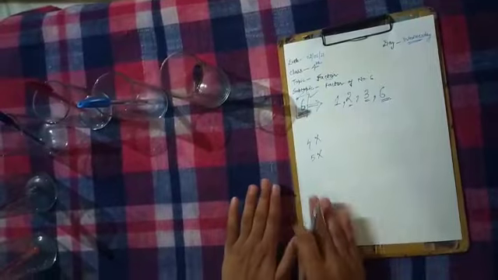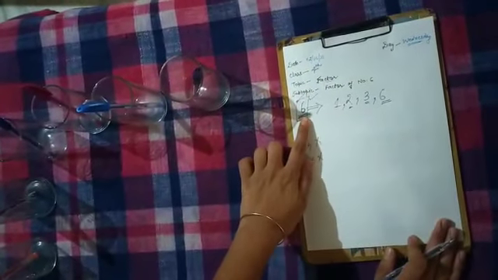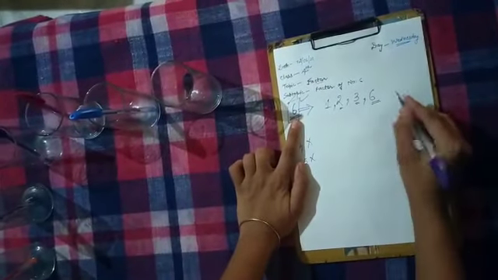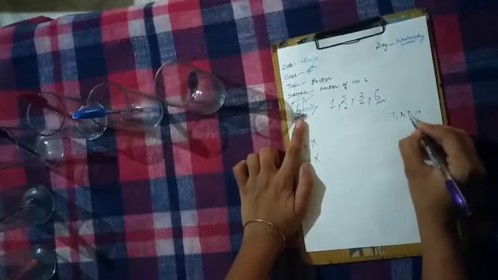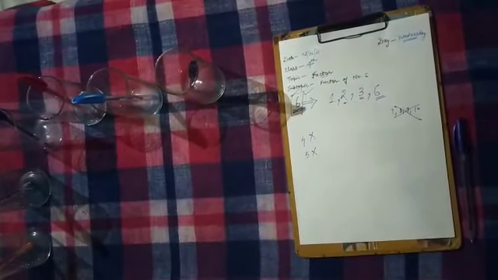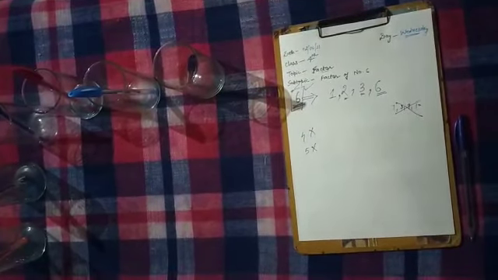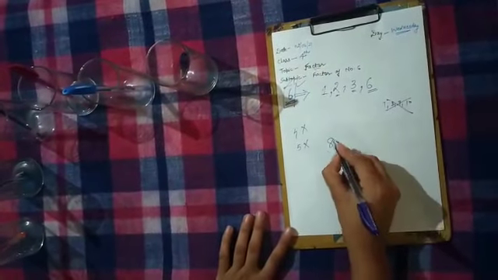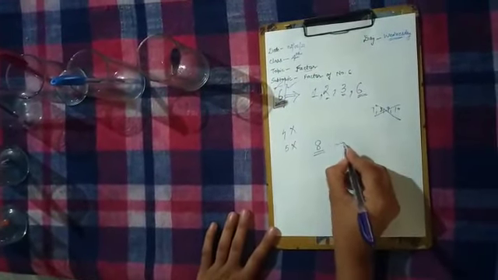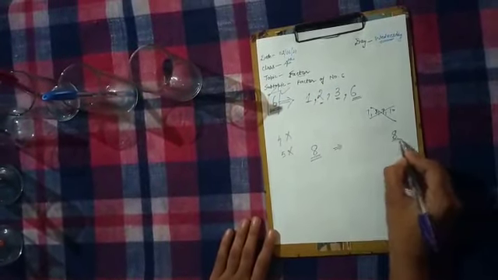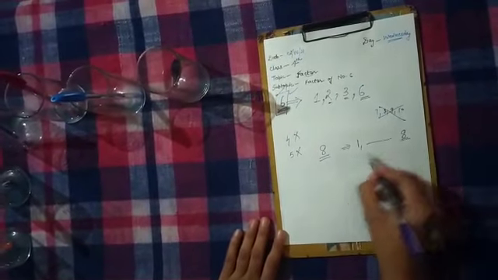So dear students, when we find factors, we check only up to that number. If we are going to find the factors of 6, we will see up to 6 only, because numbers 7, 8, 9, 10 are bigger and are not factors of 6. We start from 1; 1 is a factor of every number. For example, if you have to find the factors of 8, you will do the same procedure, but up to 8 only.